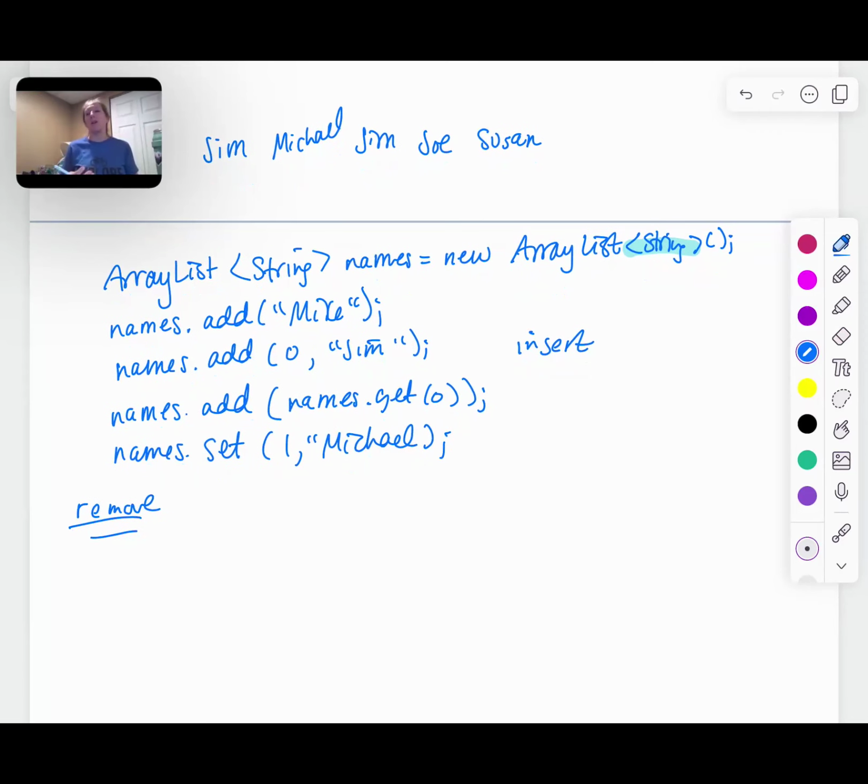Well, if I wanted to go through my array list and remove every instance of Jim, we have to be careful because when you remove something, the whole list shifts over. And so the best way to remove elements is to actually start at the end of the array list. So you'd want to start with Susan and start here. And then you'd want to check her and see, okay, do I have to remove Susan? And then you would basically just keep on working